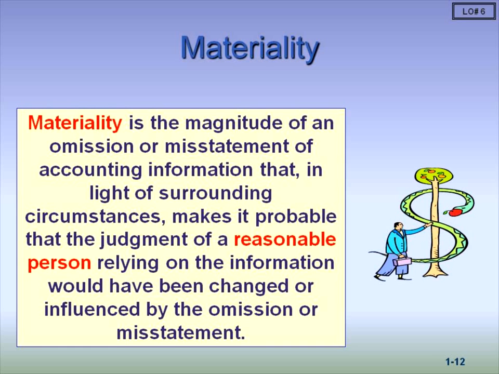So materiality is going to be set by the auditor based on whatever basis that he's going to. It could be non-tax income, income after taxes. It could be income before taxes. It could be total gross revenue. It could be, if there's a huge change in equity, it could be equity. If the liquidity ratio is low, it could be liabilities. It could be whatever they determine that it's going to be.